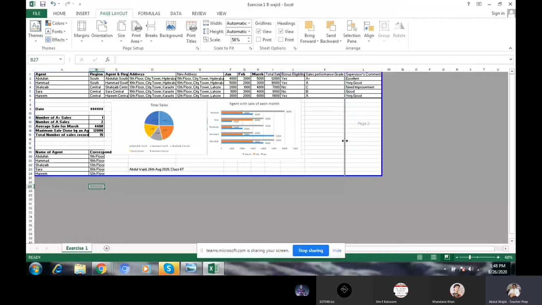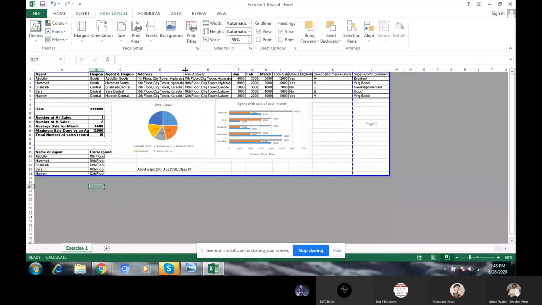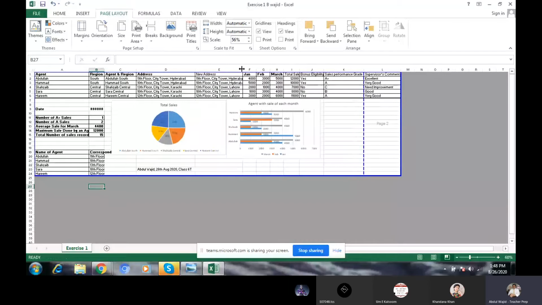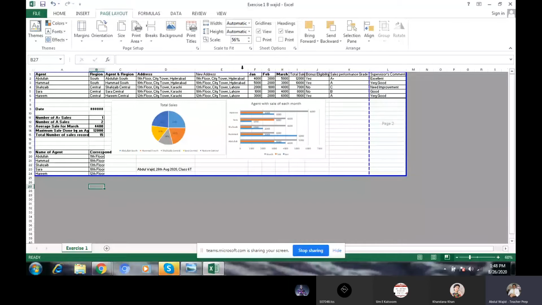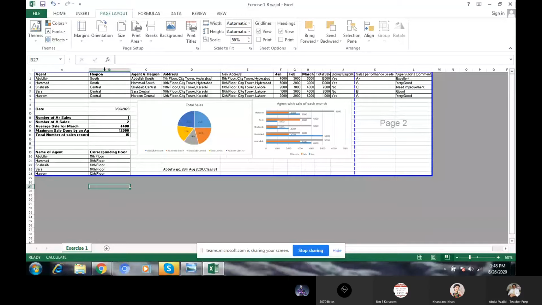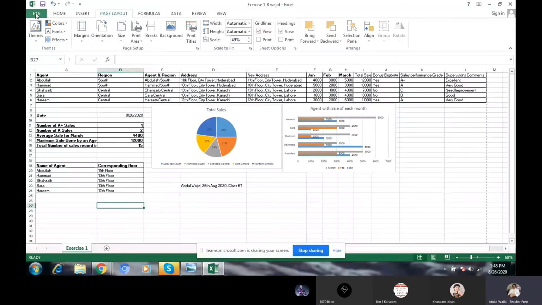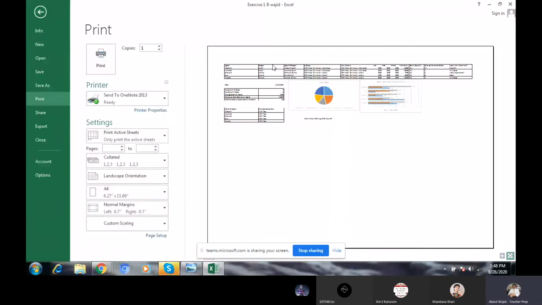Okay, now which one is left? This one, yes, address and that thing, and this one is the address. Yes, this one address, new address, we change that thing. Yes, floor. Okay, now you will drag till this one. It is now in 1 page. Okay, we will go there and see. If you click here, now I want to see how the print will become. Now it's okay. It is come in 1 page.